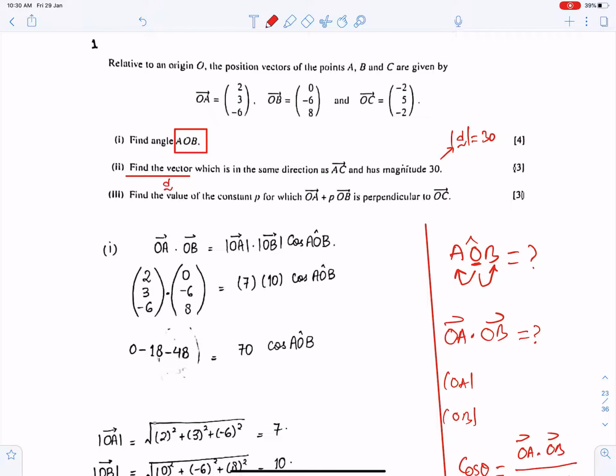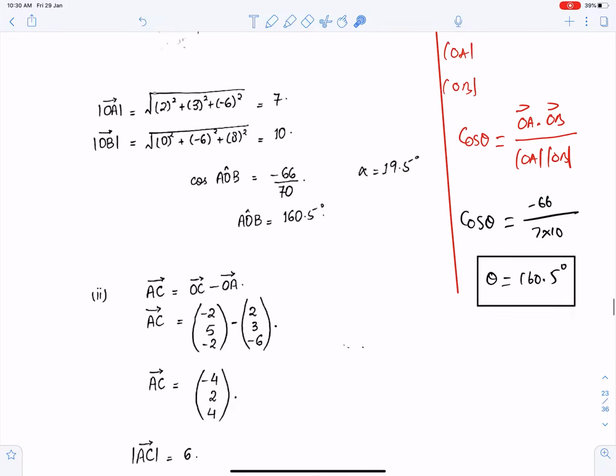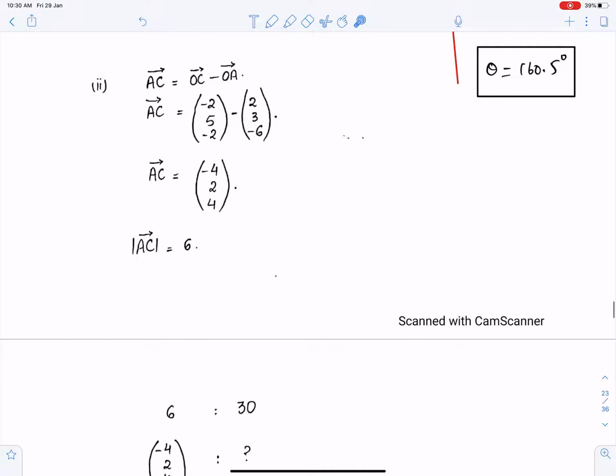So you just need to use ratio method. Get AC first and then use ratio method. And how would you find AC? This is so simple. AC will be OC minus OA. We have OC, we have OA. The solution is here. This is AC, it's OC minus OA,